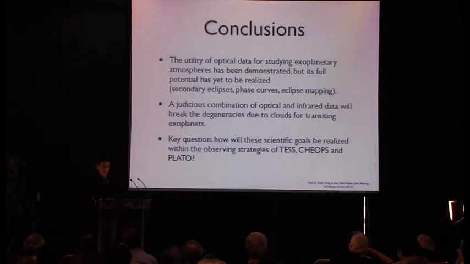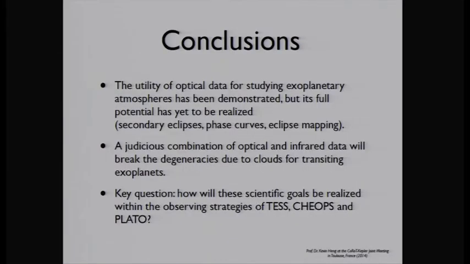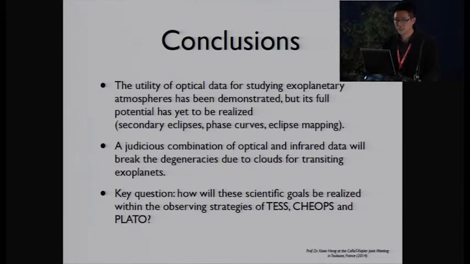So let me conclude. I think the utility of using optical data for studying exoplanet atmospheres has been demonstrated. In some ways less, in some ways more. But its full potential has yet to be realized. So we should measure more secondary eclipses, phase curves, and do eclipse mapping. Judicious combination of optical and infrared data in the future will break the degeneracies due to clouds for interpreting spectra